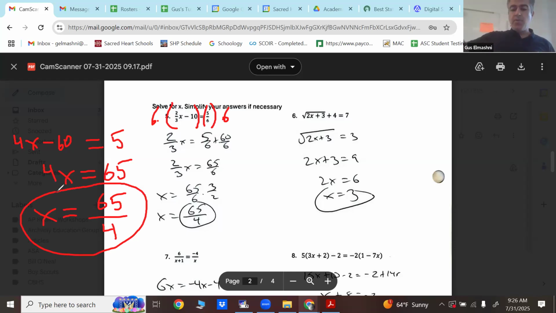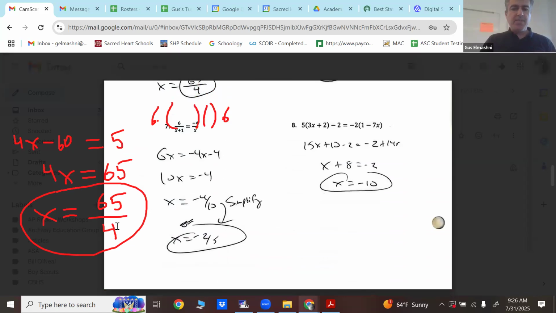For 6, move the 4 over, square both sides. Solve, pretty easy. That's 3. And it makes sense when you throw 3 back in, because you get root 9 plus 4. So 3 plus 4 is 7. For 7 and 8,